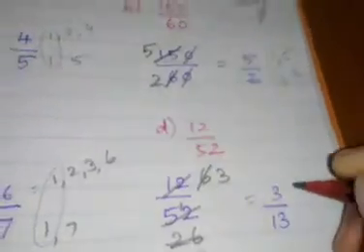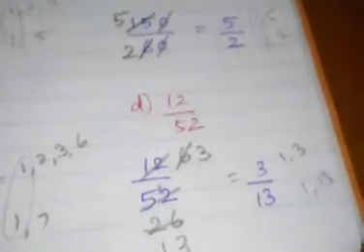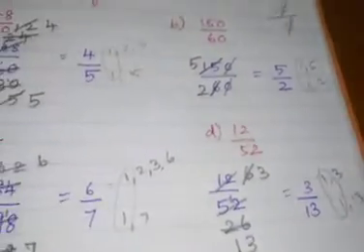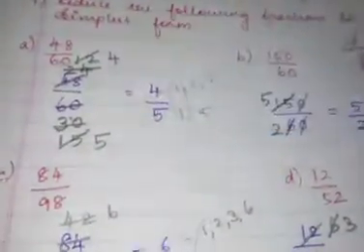You stop till this. Like factors of 3 are 1, 3. Factors of 13, 1, 13. What are the common factors of both? 1. So both are co-prime. So you have to stop till this. So understood how to do the simplest form? Just do the cancellation carefully. Then you find until you are getting co-prime numbers.